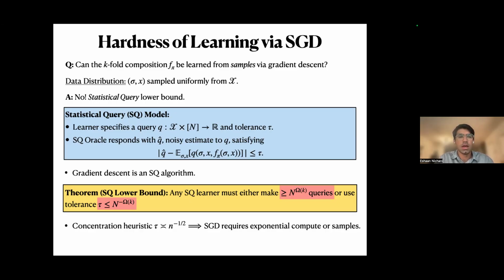Let me provide a high-level proof idea. So the goal is to construct an exponentially large subset of the function class script f, which is nearly orthogonal. So let's recall that this function class script f consists of the k-fold functions f sub pi, as we let pi vary through all possible tuples of permutations. So for two different tuples of permutations, pi and rho, the inner product that ends up being relevant is the following quantity, which is essentially some measure of how correlated the two functions f sub pi are over the randomness of sigma and x.